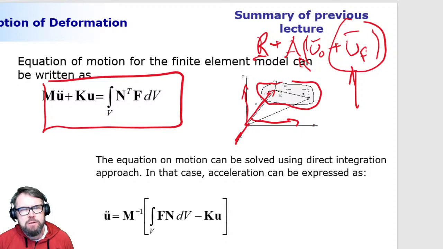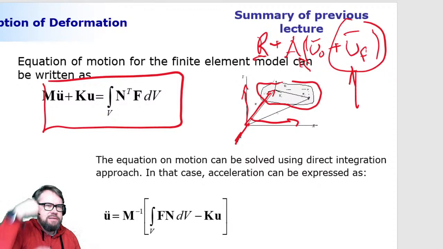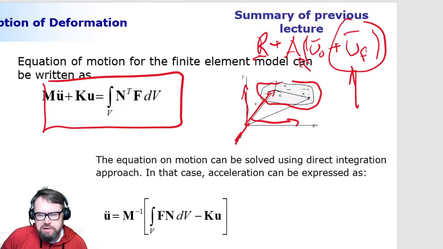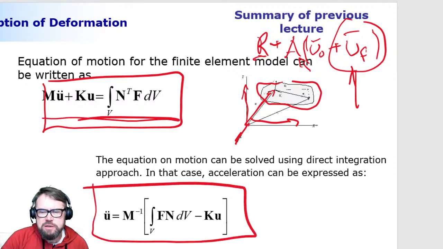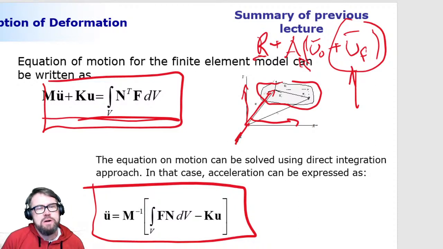Now, what we could do to make that happen is just use brute force. If you have a lot of force, and not heavy thinking, you can just take a lot of CPU power and solve this equation as it is. That means you put the acceleration on the left-hand side of the equation, all the others on the right-hand side, and that's it. You just make it happen. And that's possible. The problem here is that if you look at the dimensions of this problem you're solving to describe flexibility